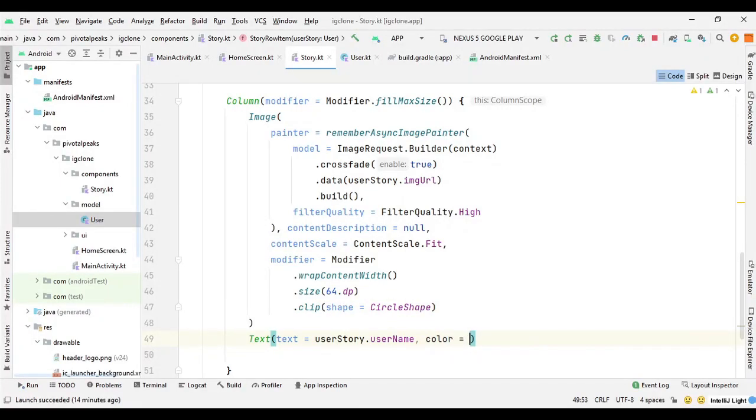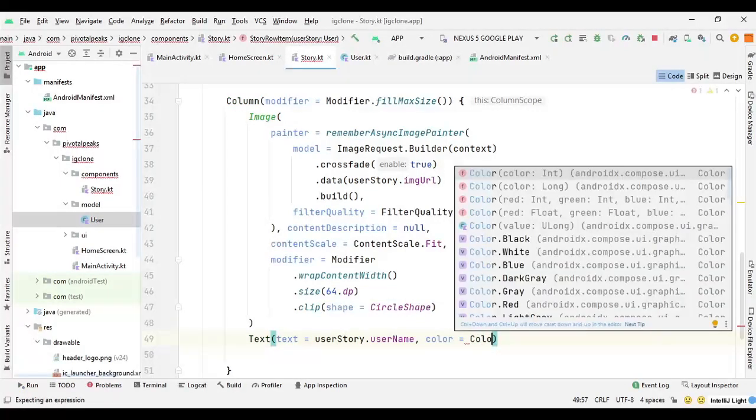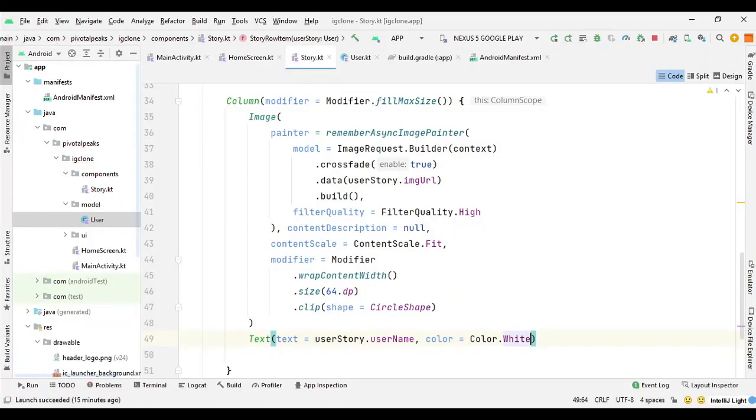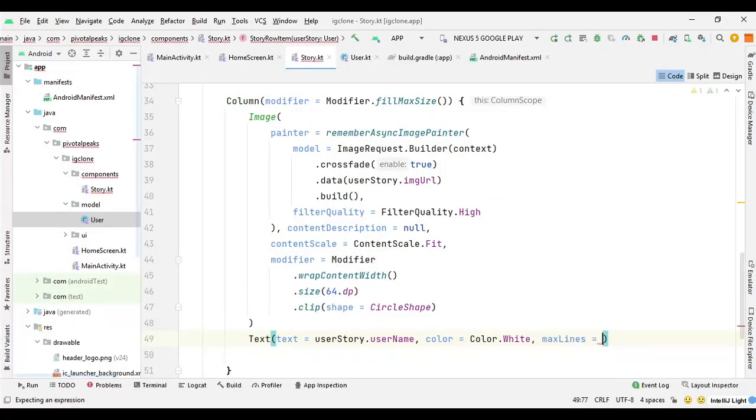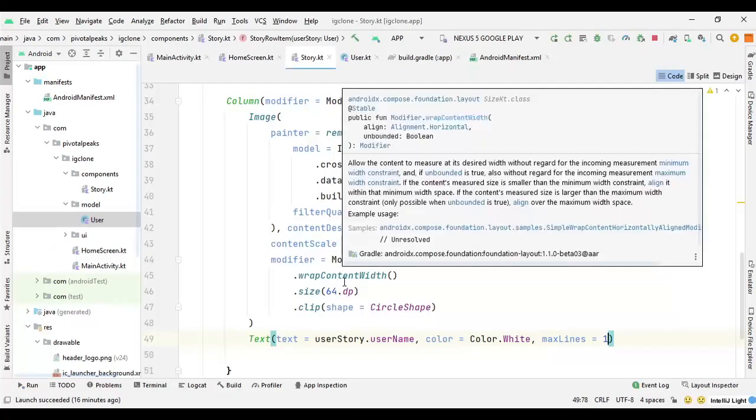So for color we can say color dot white. We can also set the max line to 1, so it won't go to another line and will stay in one line. So that's for the single story component.